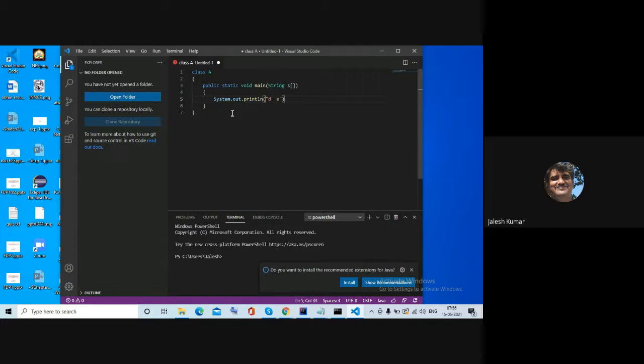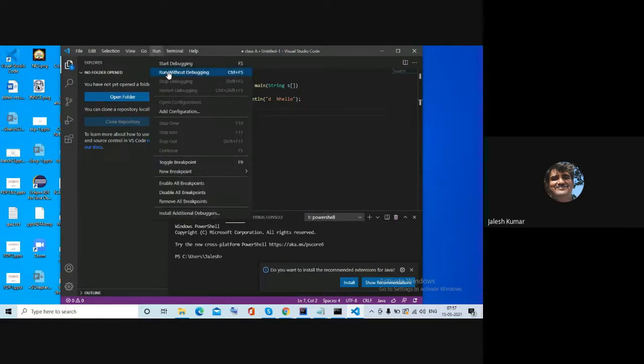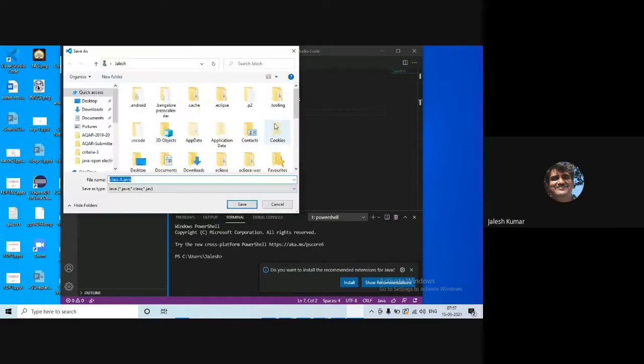So anyway, hello. Don't forget the semicolon, that also you put. So this is how, and after that you can run without debugging. You can save the program, it will ask you to save the program, A.java.